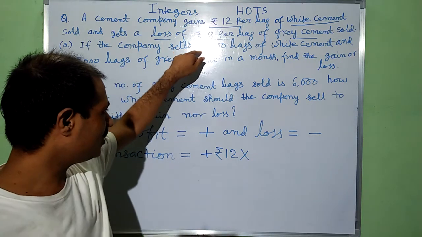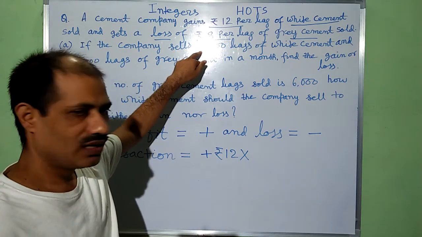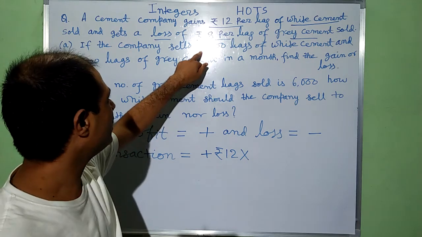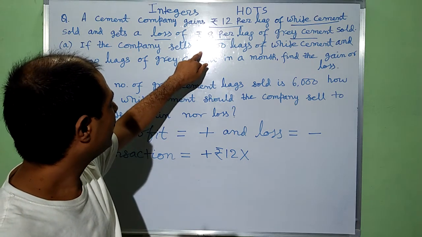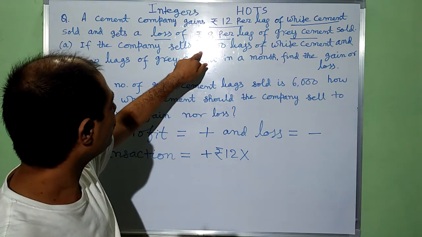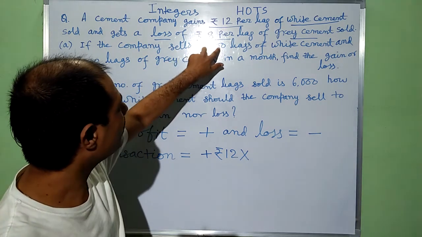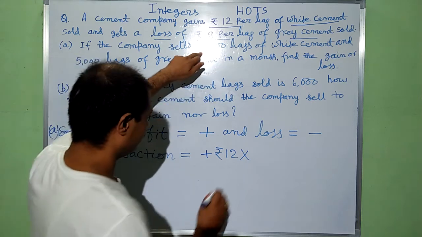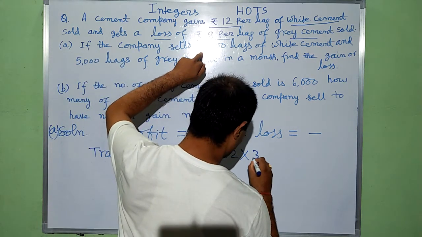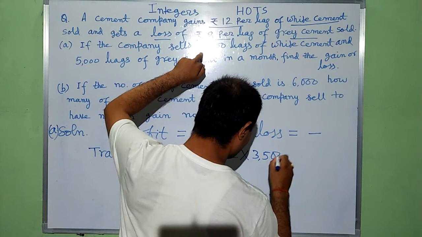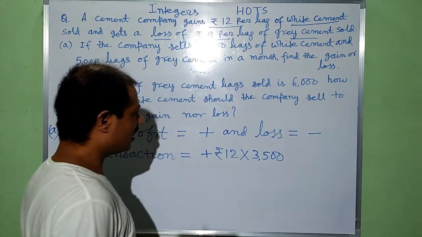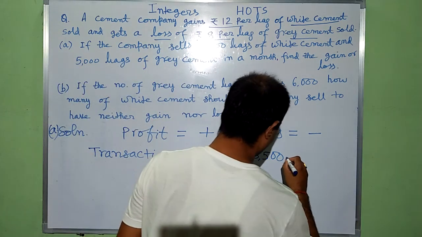This one, plus rupees 12, is the gain on one white cement bag. And here the total number of white cement bags sold is 3,500. This one will be gain, plus